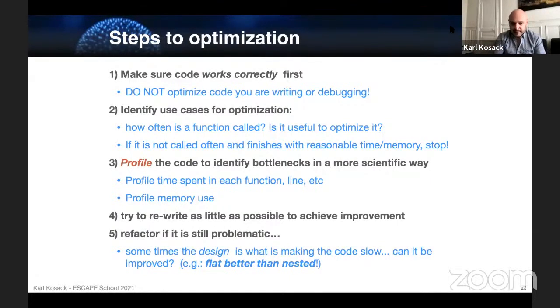However, if that fails, step 5 is to really refactor the code, because sometimes it's really the design of your code that's the problem. For instance, as was mentioned earlier, one of the Zen of Python is, flat is better than nested. That's actually true from an optimization standpoint, because modern CPUs can take flat data structures and parallelize them automatically using the features of the CPU. And that sometimes doesn't work if the data are nested or not local in memory. So sometimes it really means you have to change your data structures or change the way your code is written.